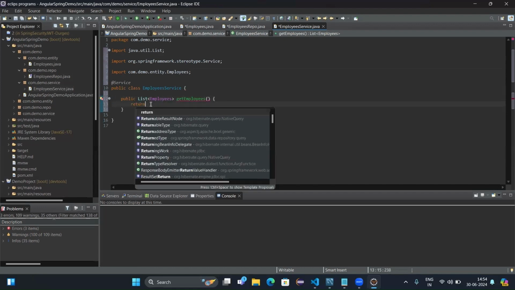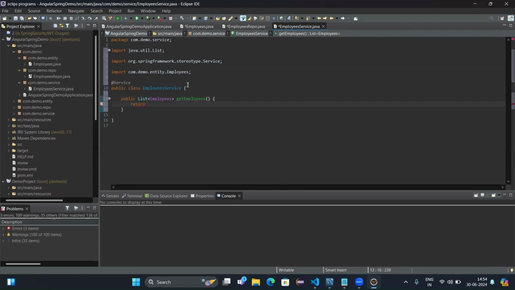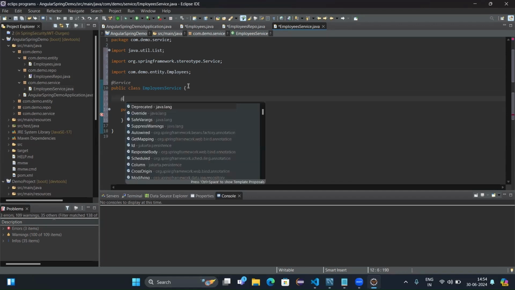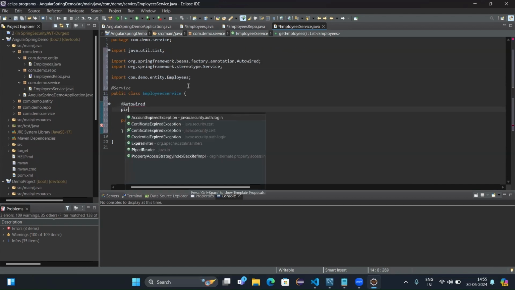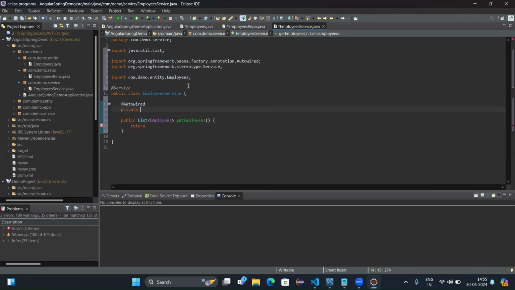Get employees, and it's just written. We need to autowire the repository, because I want to call the repository method to get all the records from the database. So just annotate, just autowire